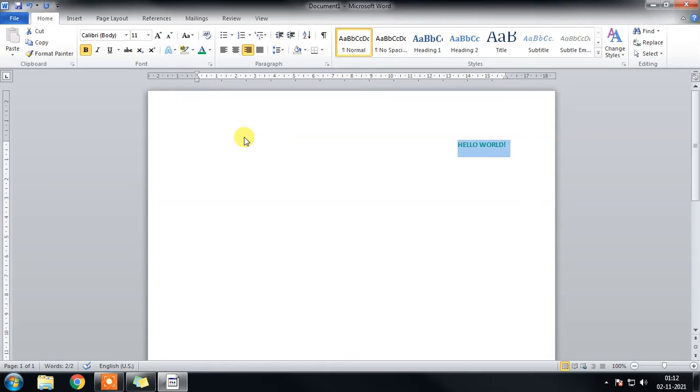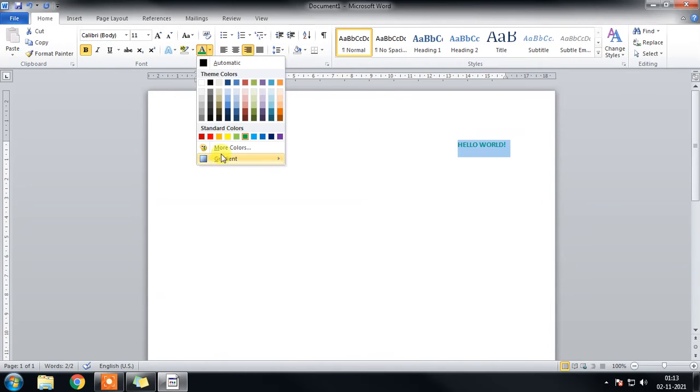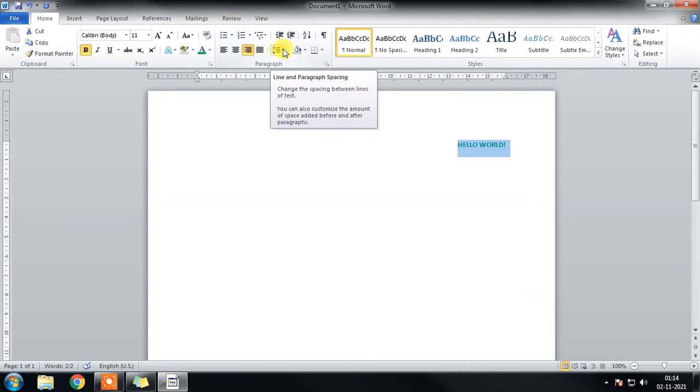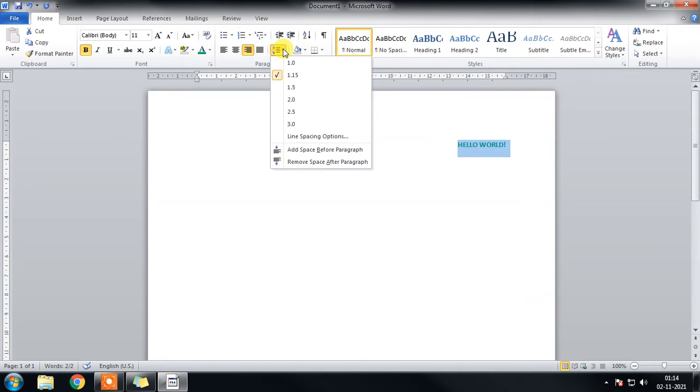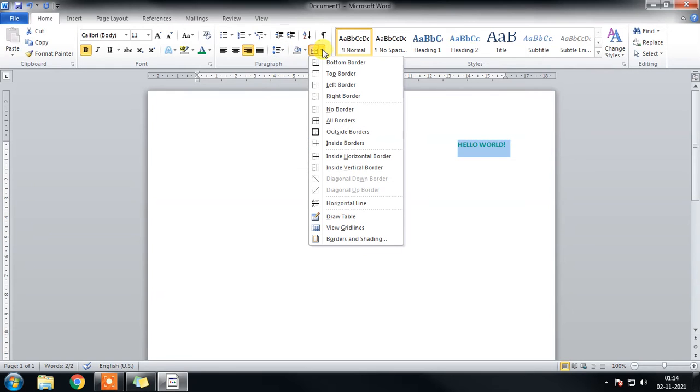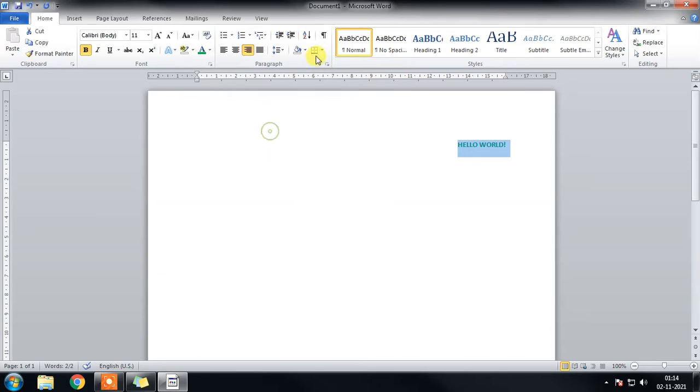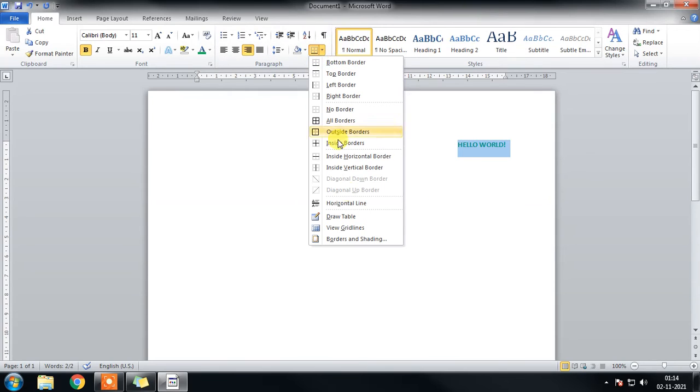Here this arrow is called the drop down arrow, and the list is called the drop down list. The same way we can see here, this arrow is attached with the command, whereas this arrow is separate from the command.